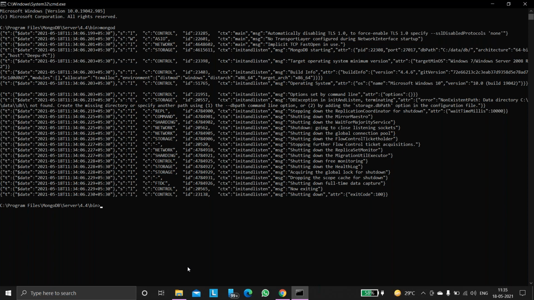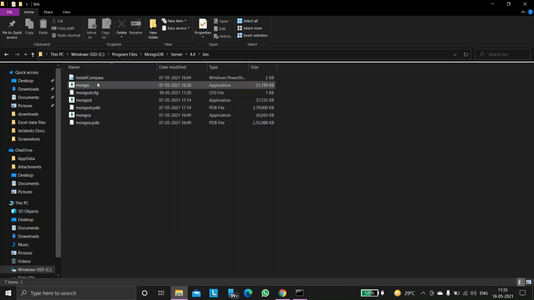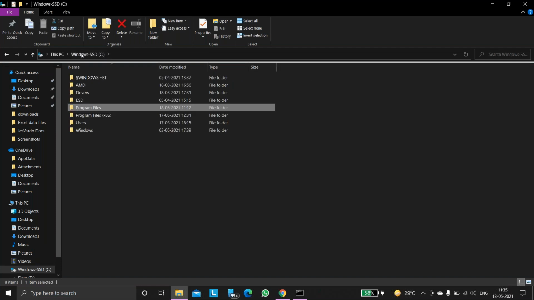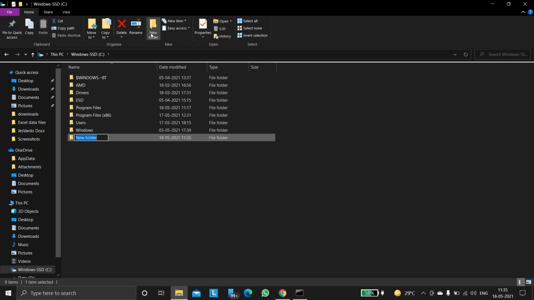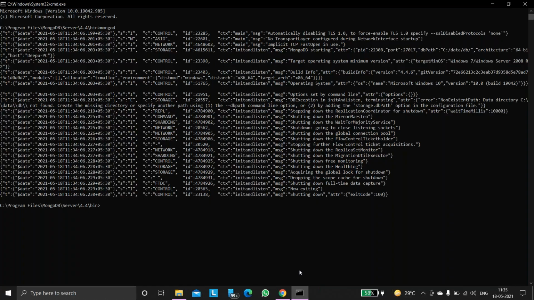So go to the C drive, click on new folder, and create a folder with the name data. Then create a folder with the name db. Data and db, that's it.